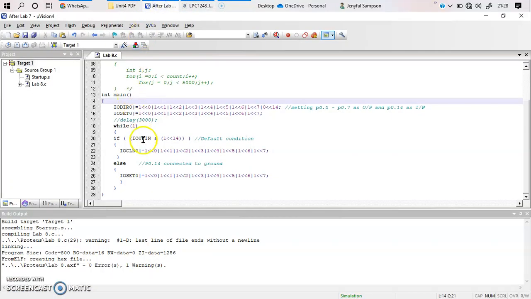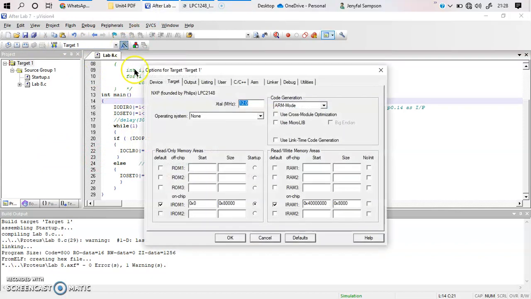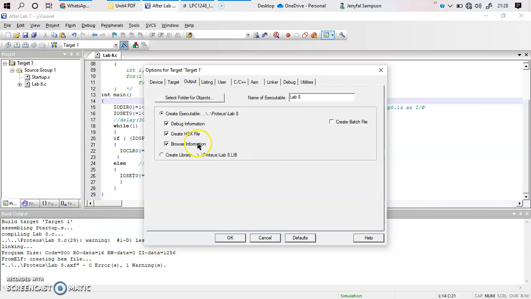While you are executing a particular program, you need to make sure that a few things are taking place. Well, first you need to go to target options. When you go to target options, you will have this window that is generated. And when you see that, you need to make sure that your LPC 2148 is working at 12 megahertz. So you need to make sure it is 12 over here. Next, you need to go to output, and in this output, please remember we need to generate a hex file. That hex file is generated in this particular part over here. Normally it will be disabled, so you need to enable this particular part over here.